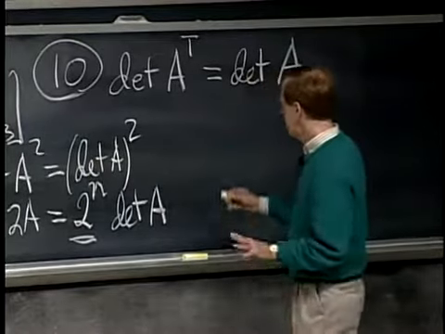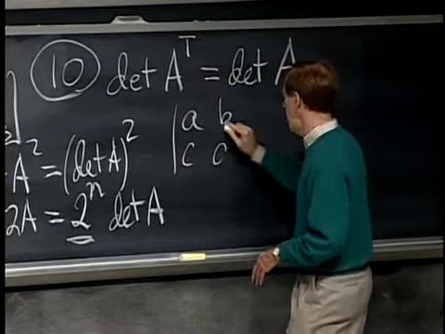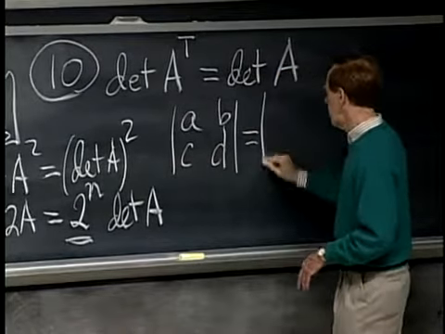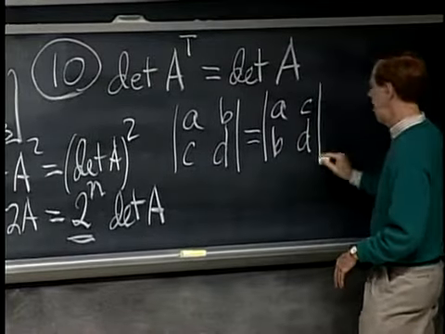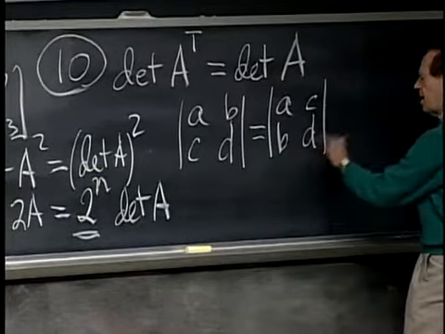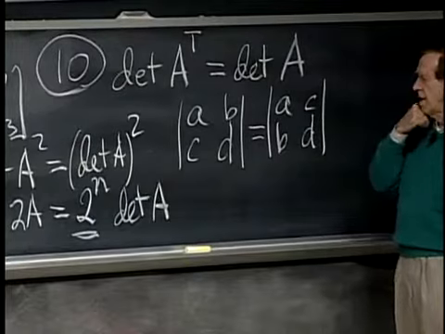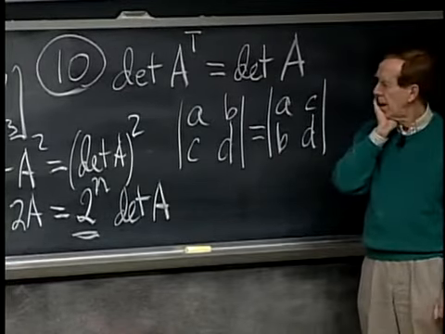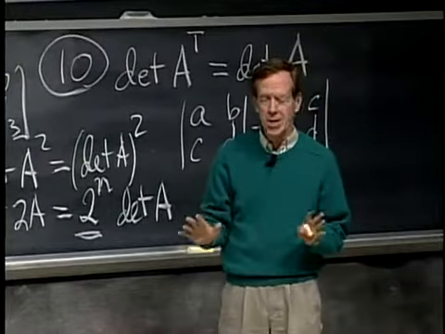And of course, let's just check it on the A, B, C, D guy. We could check that sure enough, that's A, B, C, D. It works. It's AD minus BC, sure enough. So that transposing did not change the determinant. But what it does change is